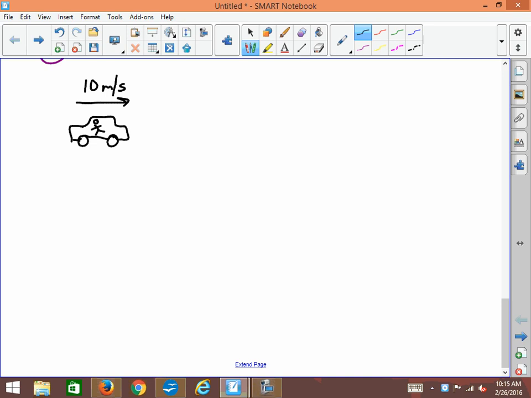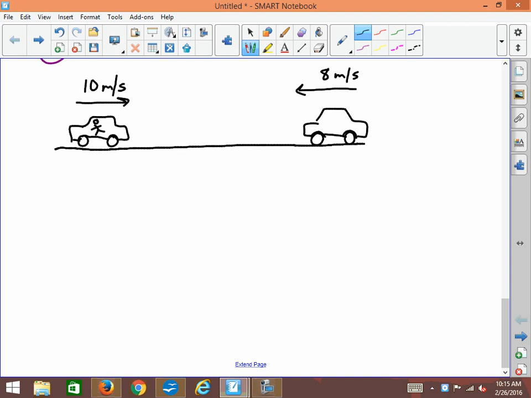Now over here is another car, and this car is going to be moving the other way towards you at 8 meters per second. Let's think about how this might look depending on where you were. If I was standing here on the side of the road, I would see both cars moving. I would look at the first car, which has you in it right here,